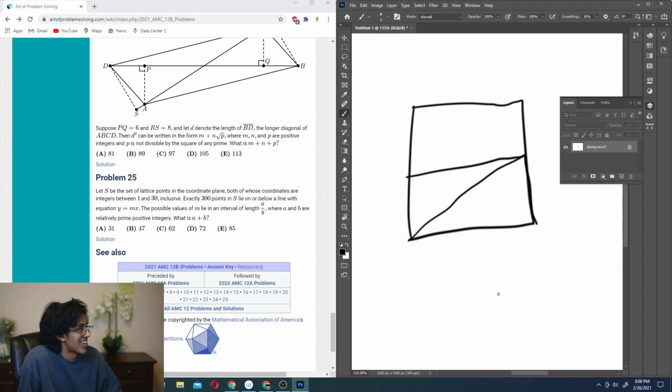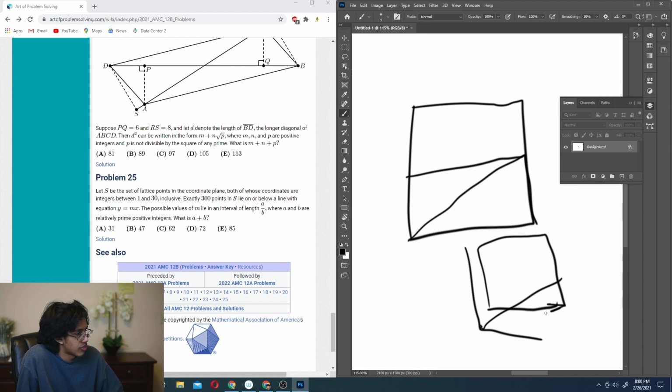Oh, wait, no, okay, so the line starts here, right? And then it goes into 1 through 30. Okay. How do you even do that? Oh, it's so nasty though. Well, okay, so it's one continuous interval, right? So at some point there's exactly 300 blocks on or at it, and then we could keep going up until we lose one block, or no, we gain one block.